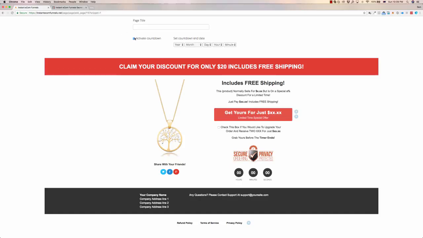You can do the countdown button as well by setting the countdown. You can customize a few of the elements within this as well. On the left here, we've got the text customization and then different color customizations, adding in rows, all these sorts of things. It's very quick and easy to do, so you can go through and customize this page as much as you want. Now if I go back,